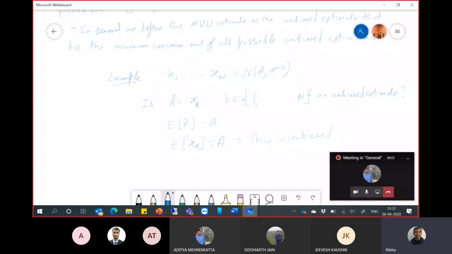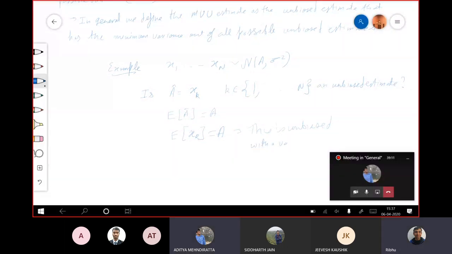Fine. Now A hat, or let's say instead of A hat, let me call this A hat prime equals half of xk plus xl, k not equal to l,